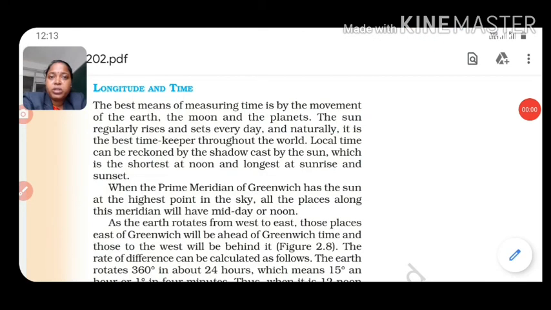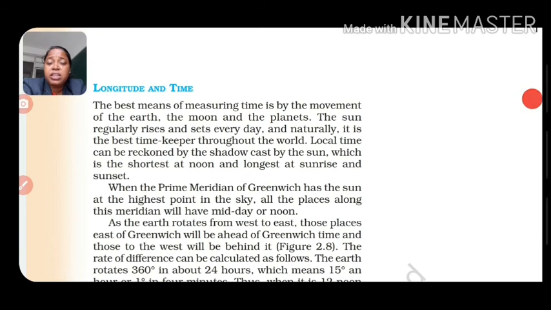Okay, so students, as we already discussed about the calculation of time through the longitudes, here we will get more knowledge about how the time is related to the longitude. So mostly how we will get the timings through the day and night, right? And how we will get the day and night? Through the movements of the earth. As the sun stays at a constant position in the solar system, as it is natural only, it sets every day and rises every day. But how do we get that setting and rising of the sun? Due to the movement of earth only.